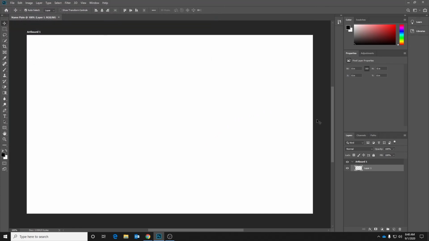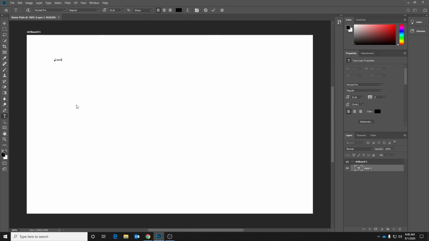All right. So next, use the horizontal type tool to place your name on the document 3 separate times, each on a different type layer. So here's our type tool. It's a little past halfway down. Okay, when I click to select the type tool, you'll see at the top on the options bar, we've got all our different options. And what we're gonna do is click